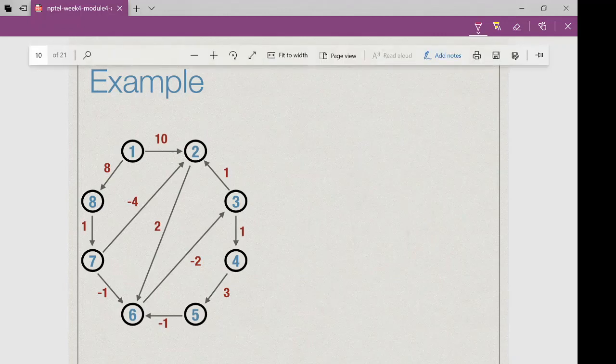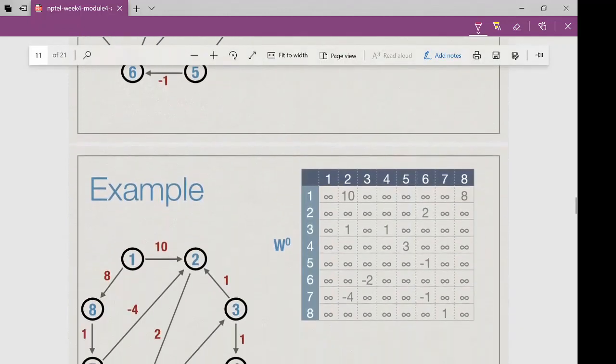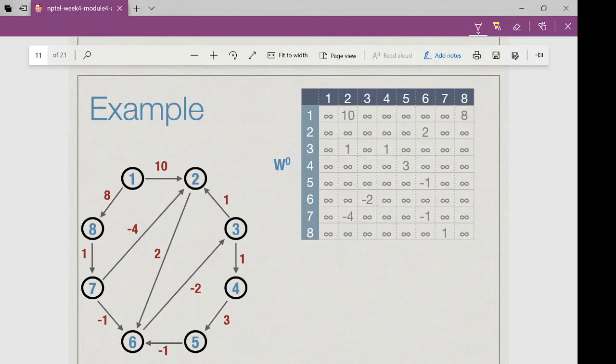Okay, and so first of all we will make W0. Now what is W0? If you remember, if there are direct edges, in this case our k is 0, which means we don't want any node in between i and j. Suppose we have to say 1 to 1. 1 to 1 is infinity. This graph does not have any loops, so definitely all the diagonal entries are infinity.